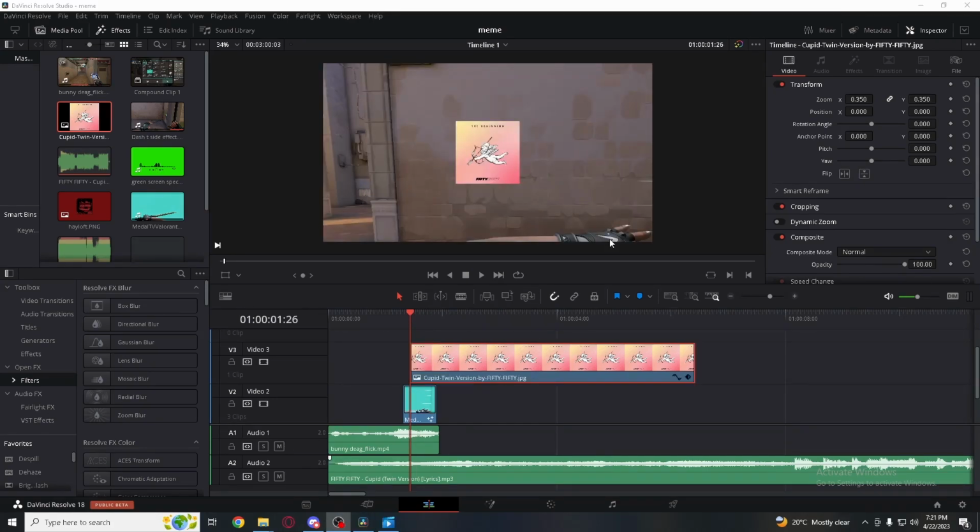Okay, once we have adjusted the size of our album cover, because that was way too big, we are going to start keyframing. So find the point in which you want the album cover to start showing itself, and we're going to adjust the position on where we want it to start. So we would start around here, set a keyframe up here,